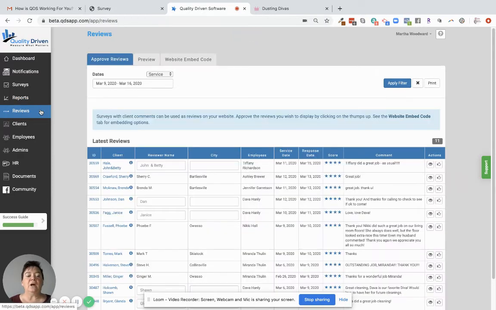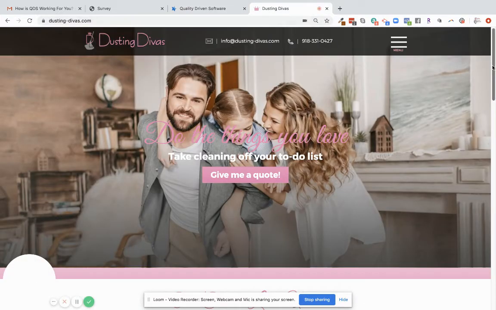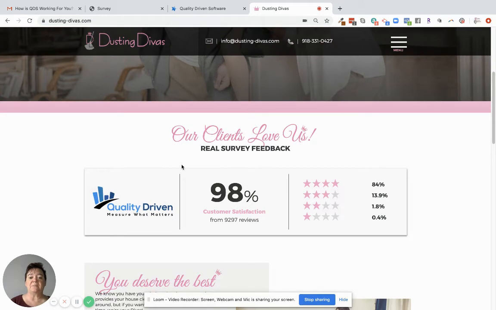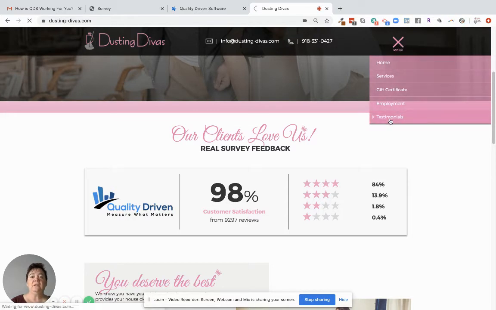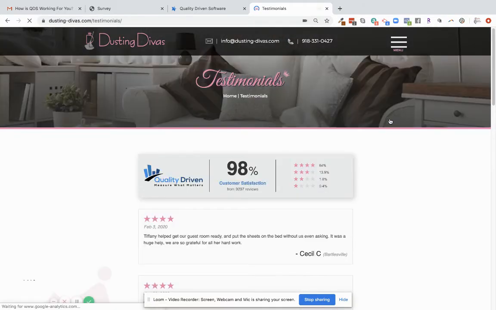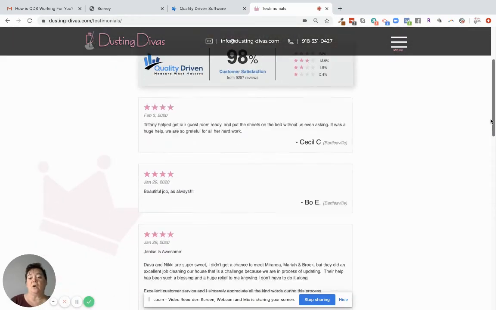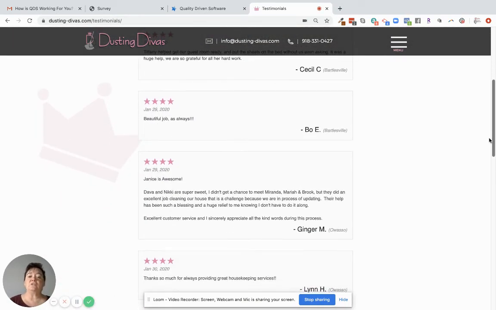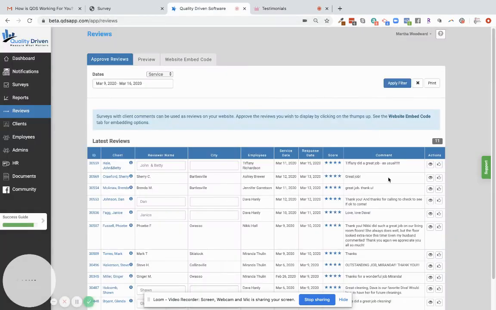Okay. Then you can hook up your client comments to your website. So you can do things like have a summary on your website that would look something like this. You can also have a testimonial page that would just list the last 10 comments. And this is all as much or as little as you want to do, but none of it comes to your website without you coming in here